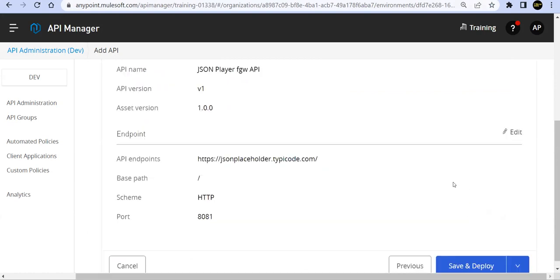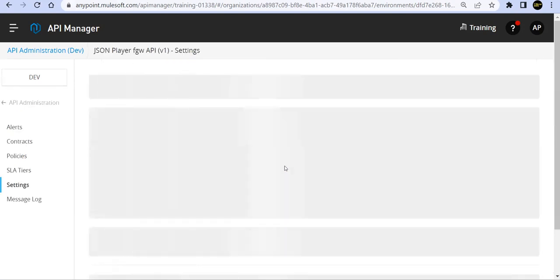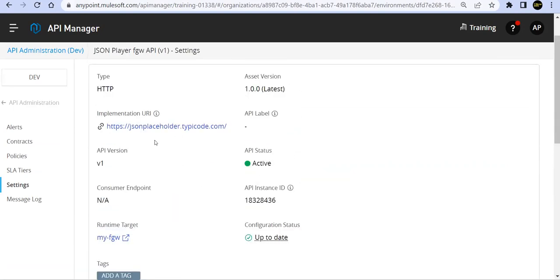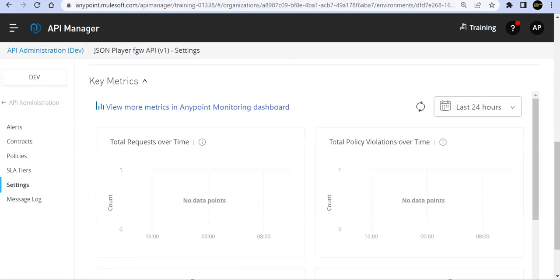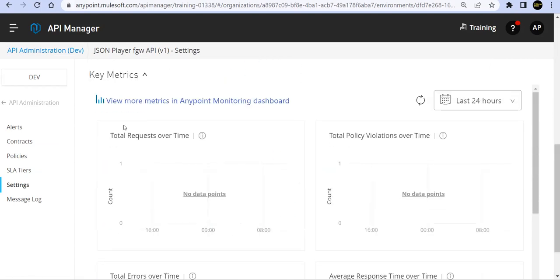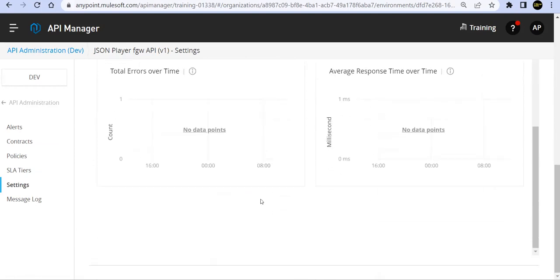Next. Save and deploy. This will get deployed on our Flex Gateway. Let's go ahead and try to run it from our Postman. So we'll be able to see here. That's the advantage we are getting. So once my Postman is up,